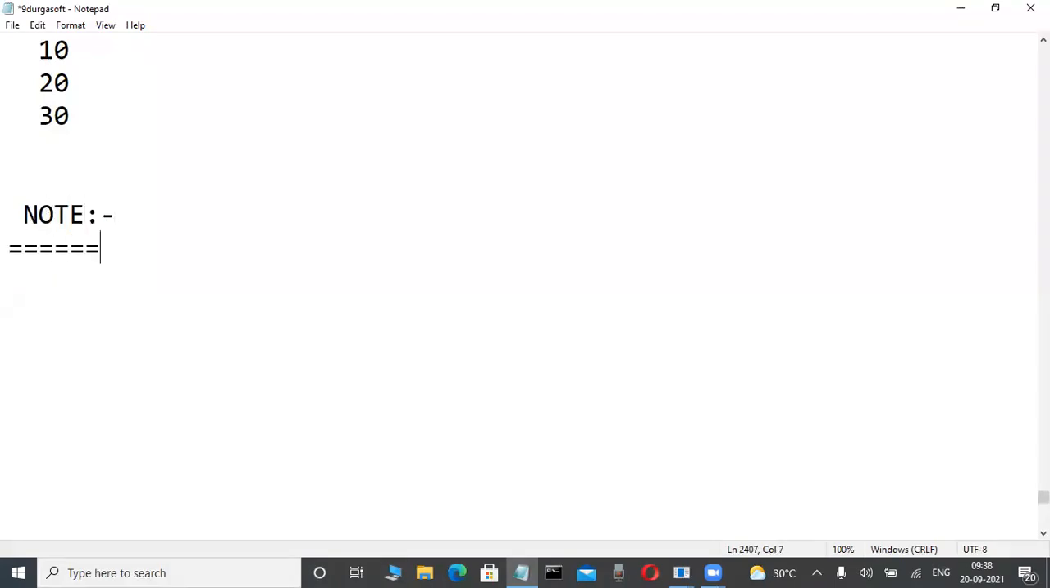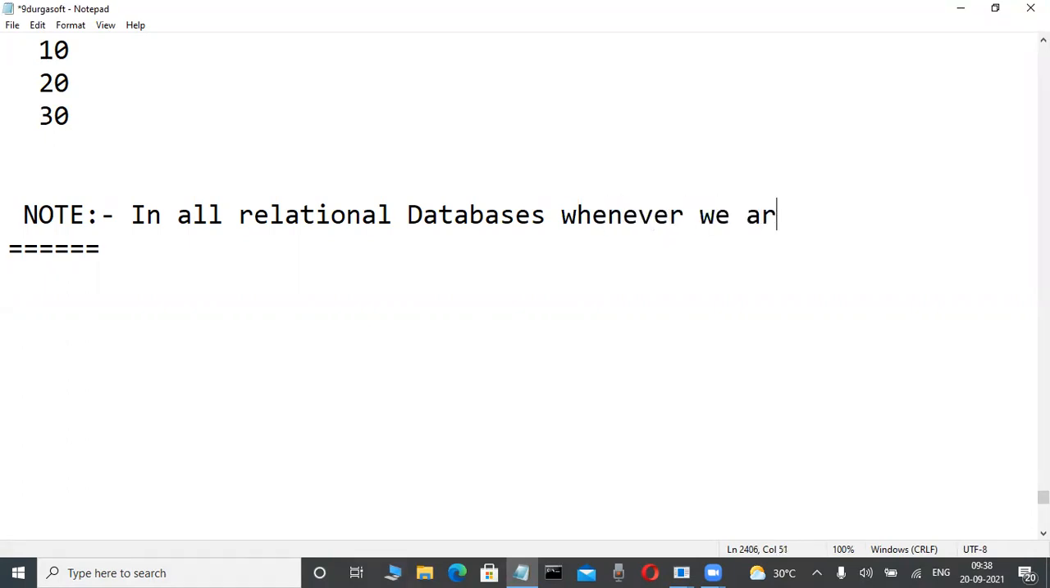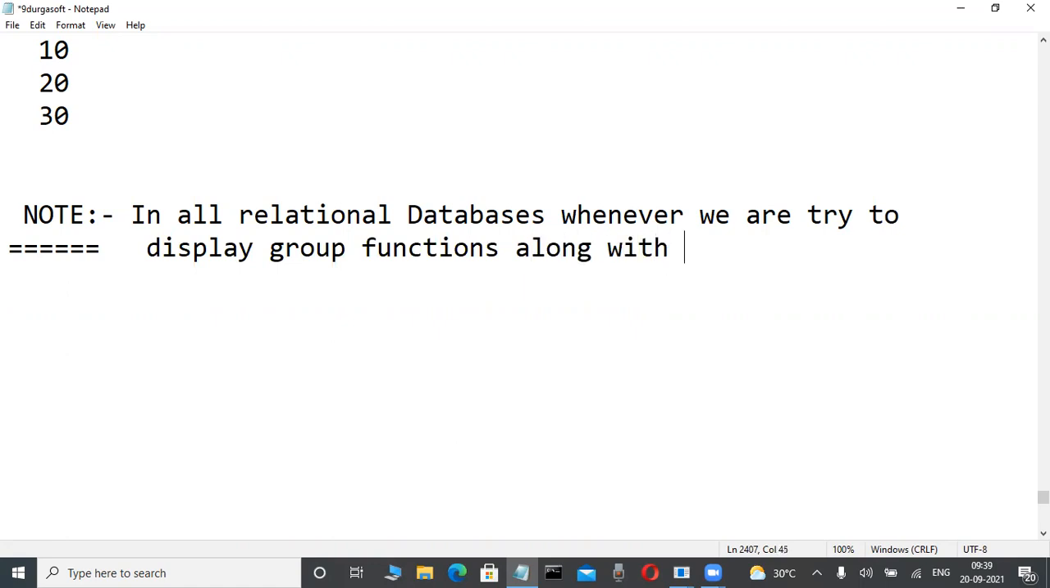Note, write it. This is also what I told you in a previous class. Write a note: in all relational databases, whenever we are trying to display group functions along with another column,